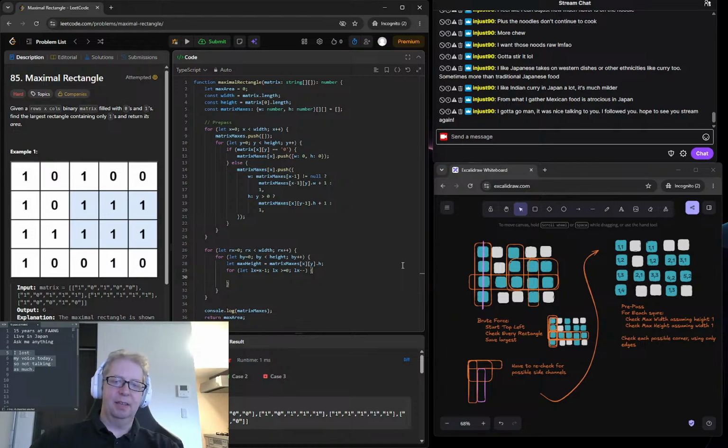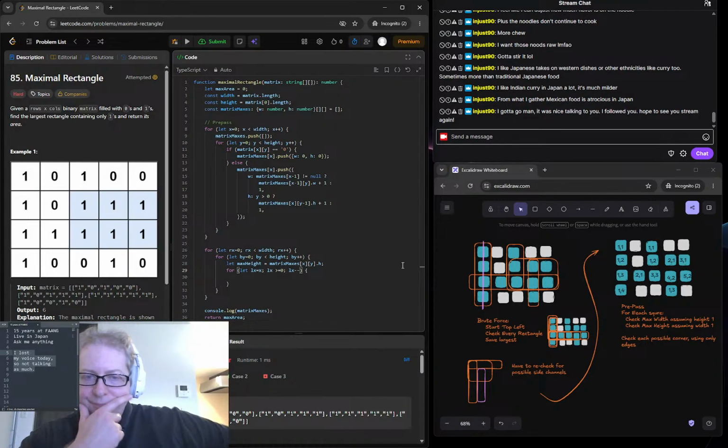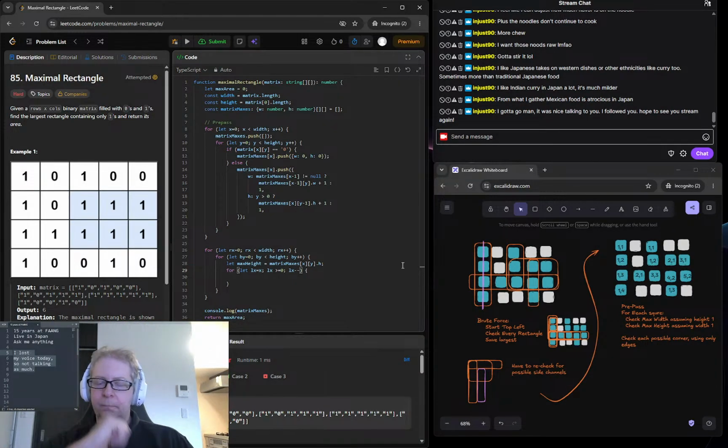I have to deal with the case where there's only one value. I'm skipping over that, but for now this is fine. Max area equals math dot max of